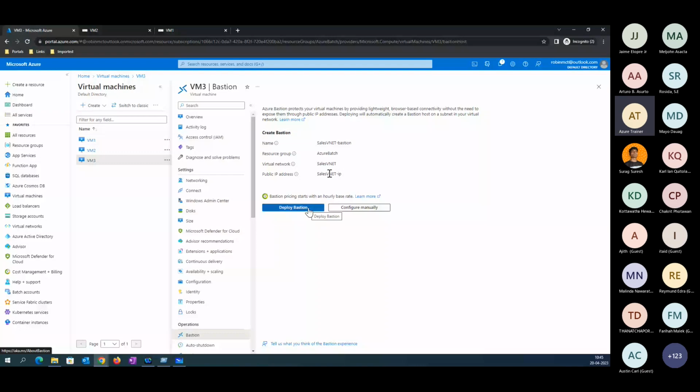This point is clear. For example, right now you can see here, the moment when you select deploy a bastion, you may be able to see this is attaching a subnet.